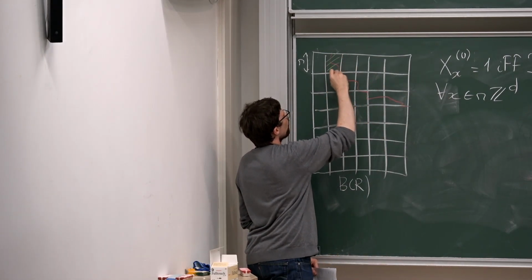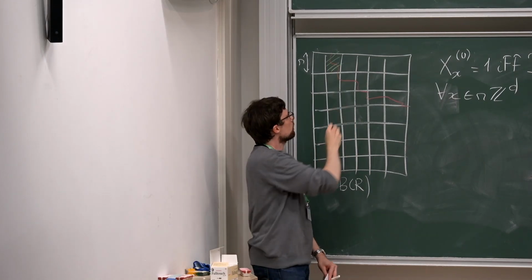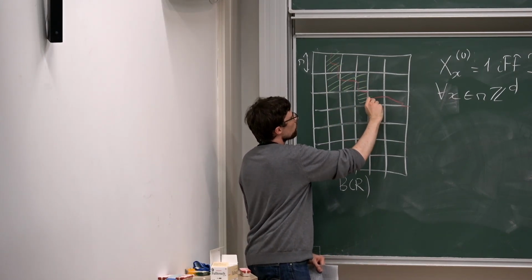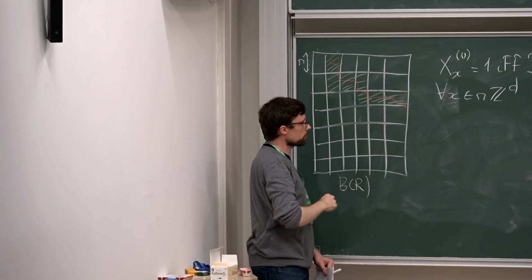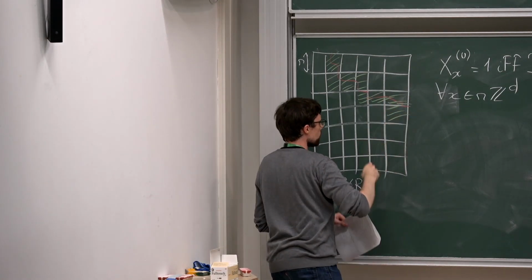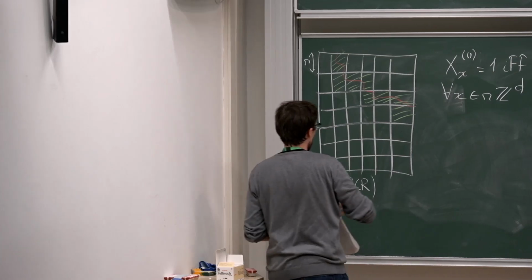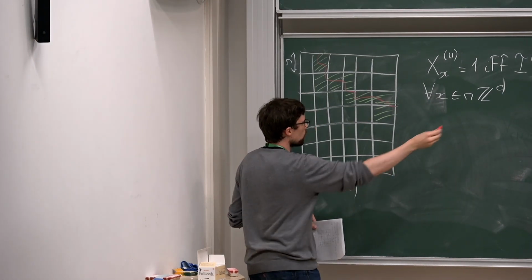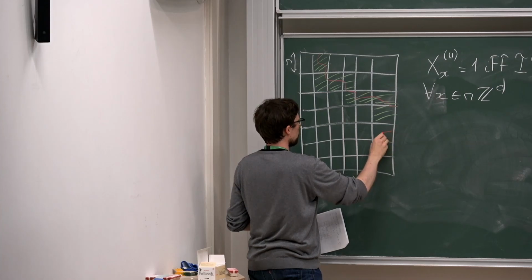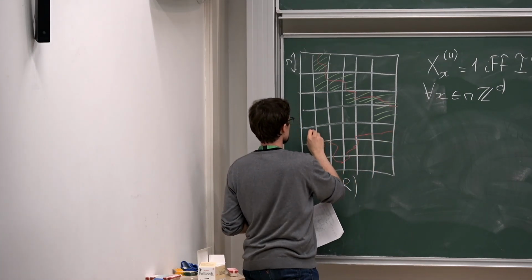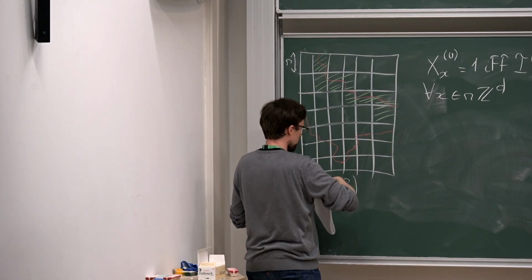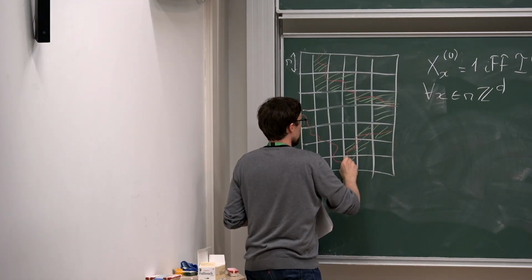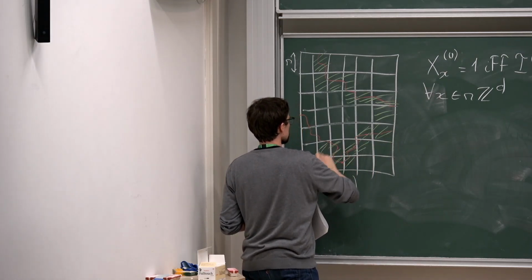So what this means is that the whole ball here I count it as occupied. Okay, and I do the same here and here. So all of this I consider now as occupied on my renormalized lattice, this one too. And then, so r is smaller than R, I will have a new excursion of my random walk that will come from somewhere. Maybe it comes here and does something like that. Okay, and then goes away. And so this becomes occupied.